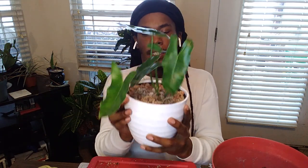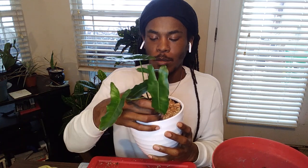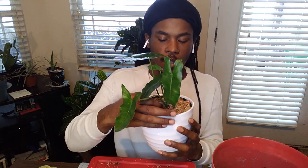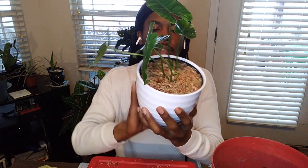Oh my, just wonderful. And I have so many more to do. And I can only imagine what the roots look like. Look at this. I cannot wait till you get a lot bigger so you can join the